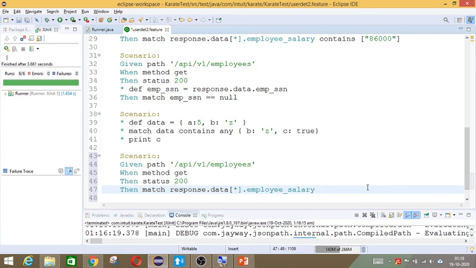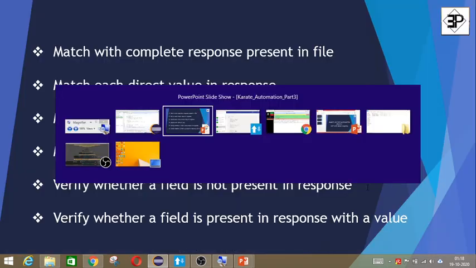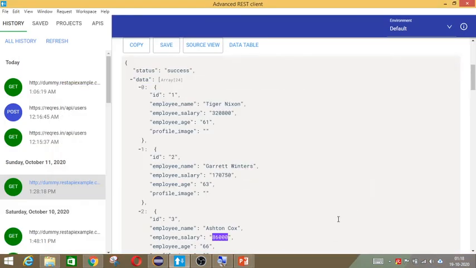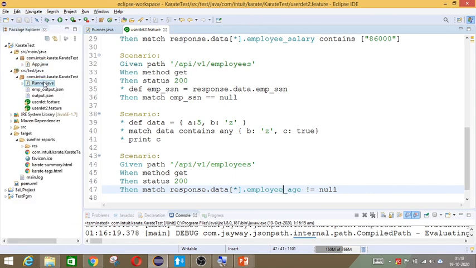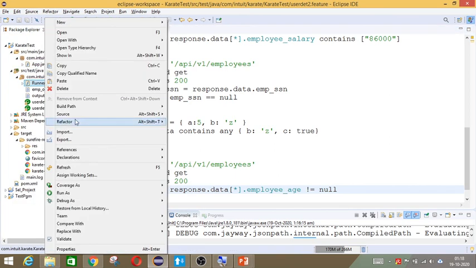So the field that we are going to take here is employee salary, or if you want we can take any other field that we have. Employee age is a field. So if you want to know whether employee age is available here, then you give like this and you say not equal to null, which means this field is available in the JSON response. Fine. So this is one more example just to see whether a field is available inside a JSON or not.